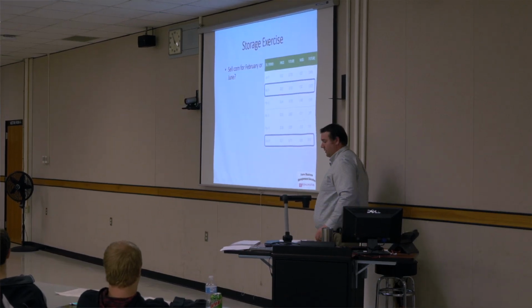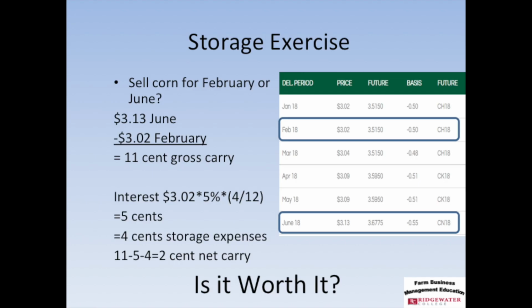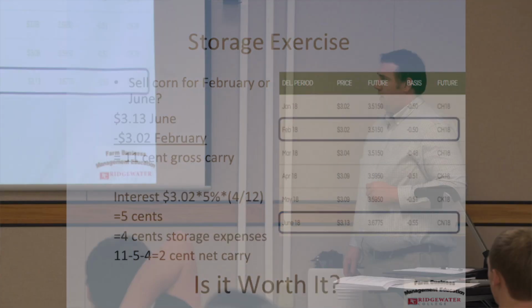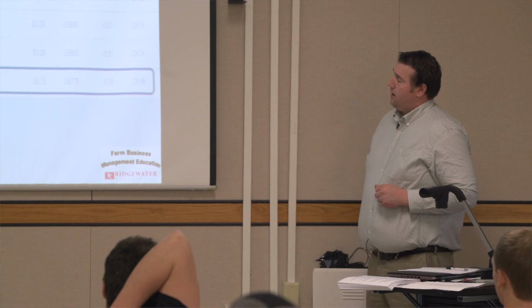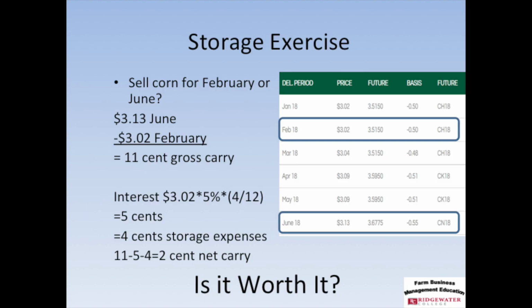So let's look at it. We're going to do an exercise here on calculating the storage cost. We're comparing, should we sell our corn now in February, or should we hang on till June? Again, these are real numbers. They're a week old, out of an ethanol plant up in my neck of the woods up by Wilmer. At the time, they're paying $3.13 for June corn and $3.02 for February corn. So when we look at the difference, we've got an 11-cent opportunity here that we can earn by carrying this